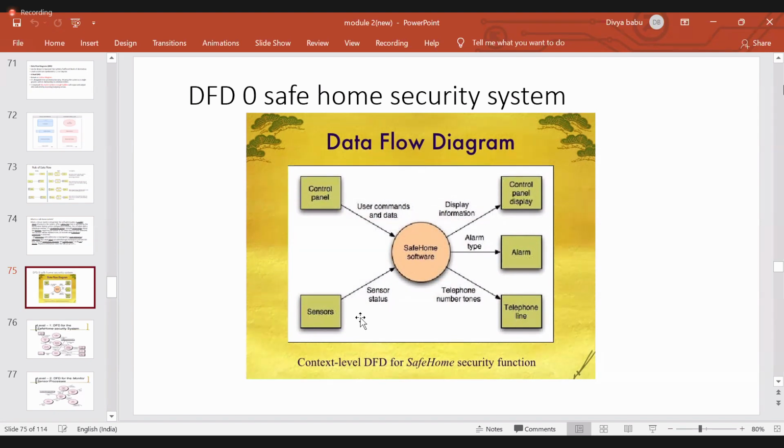External entities, input and output. Here, control panel and sensors are giving input, and we are giving output to the control panel, display, alarm, and telephone line. So these are the external entities that we represented in rectangle form. So next, how to draw this diagram of